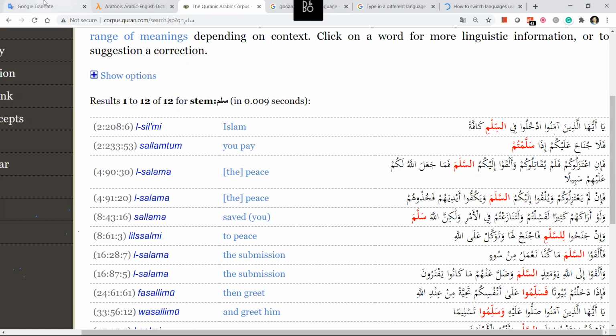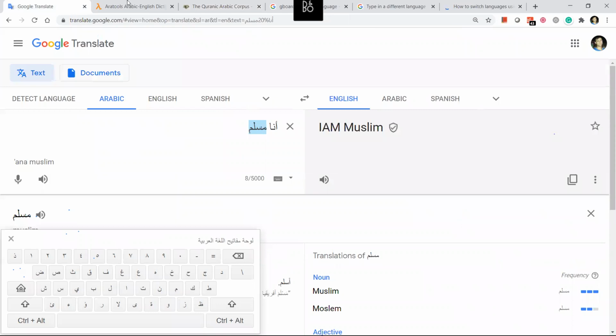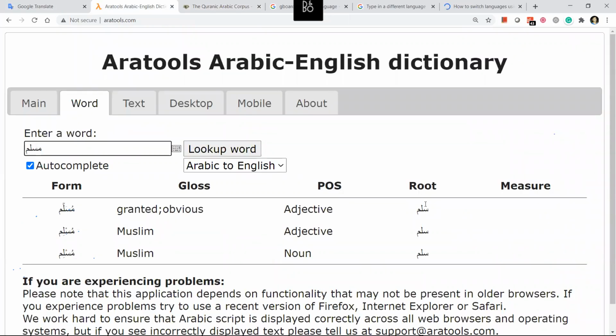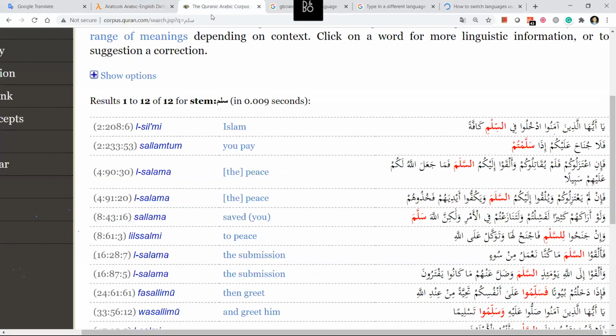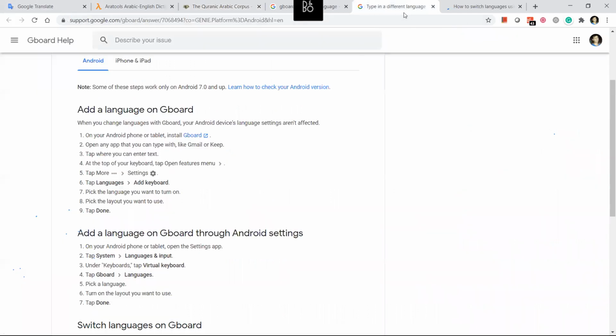You use this. So we have Google Translate used for almost everything. Arab tools will just tell you what's the root word and what damma, fatha, kasra you can use with the same letters. And this is for understanding the Quran. Very useful resources, guys. And we'll use this as we go through the class today, inshallah. Okay, I'll send you these links and also a link to download Gboard Arabic on your phone.